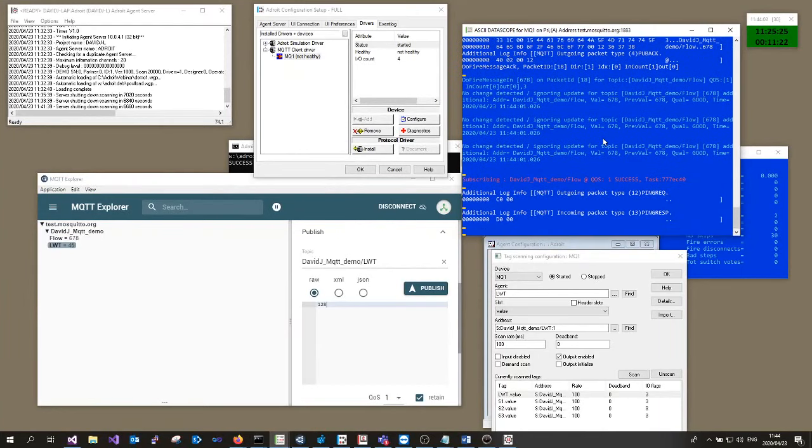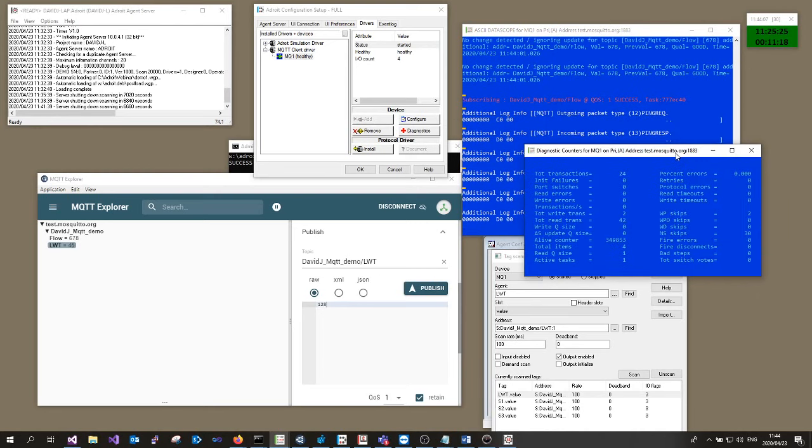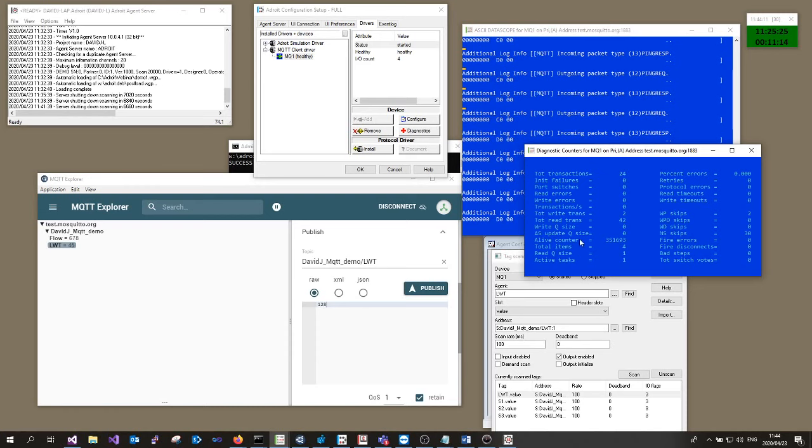So that's how that works. You'll also notice our diagnostic counters has improved. A lot more information, a lot of things not really of interest for the normal user, but for the advanced users.